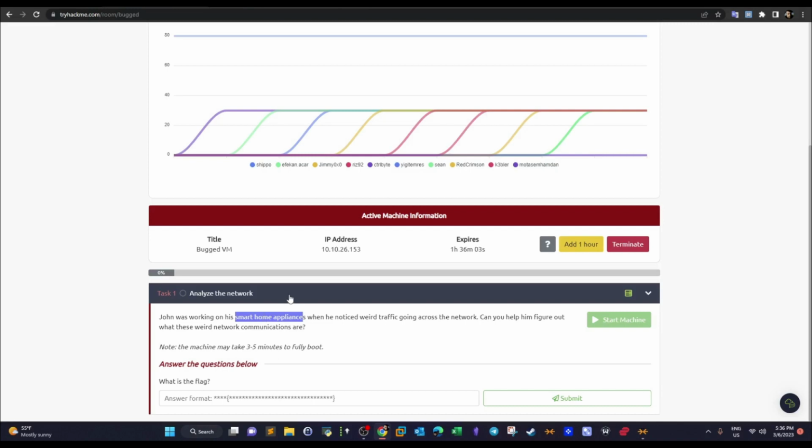Okay, so this means that if the smart home appliance is sending these parameters or metrics through the internet, it means it's running a server on its own. Most probably it means that the appliance is actually running